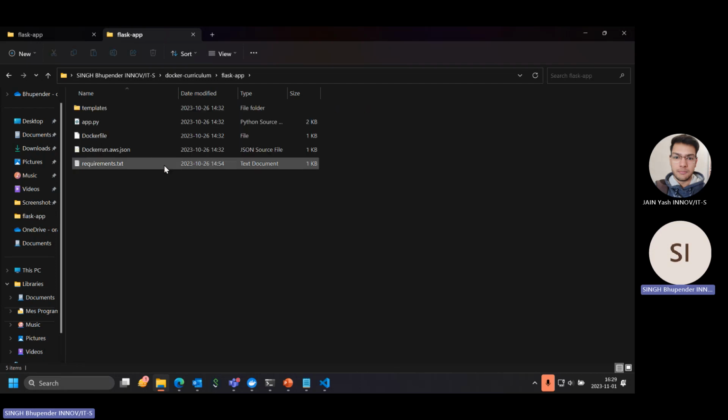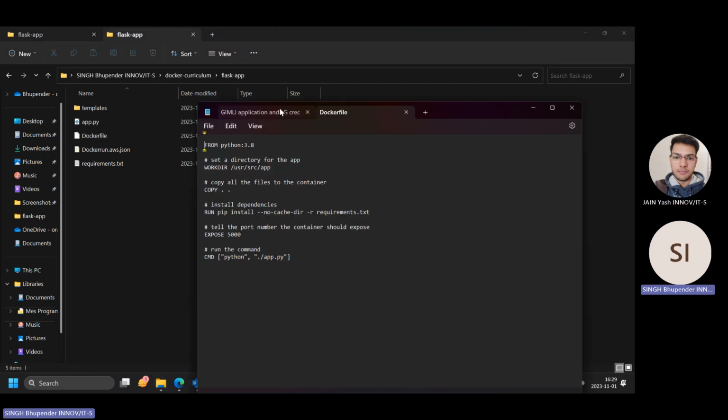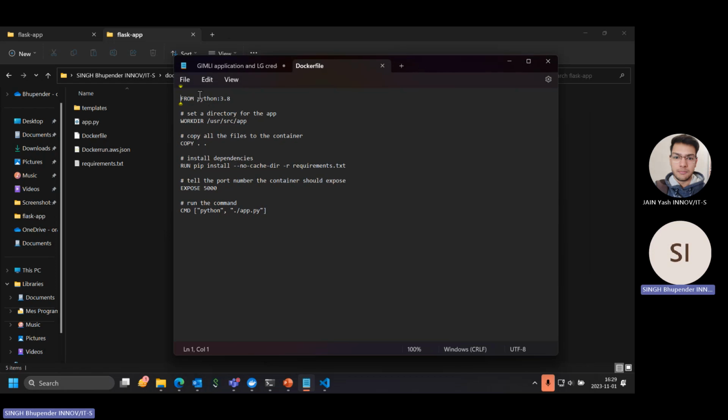If we go here, we can see this Docker file. In this Docker file, we write the requirements used for making the image. If you open this Docker file, we can see that it is created using the base image of Python, and that this is the working directory. And in this, the files that are written in requirements.txt will be installed, and the port that the application will expose is 5000. I will show you how to make an image using it.